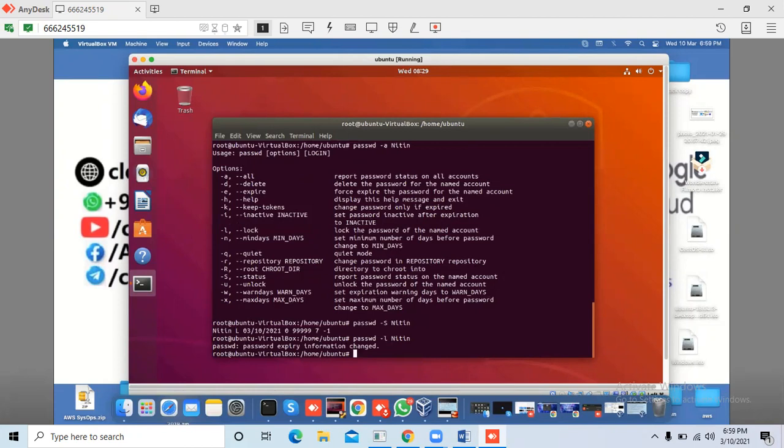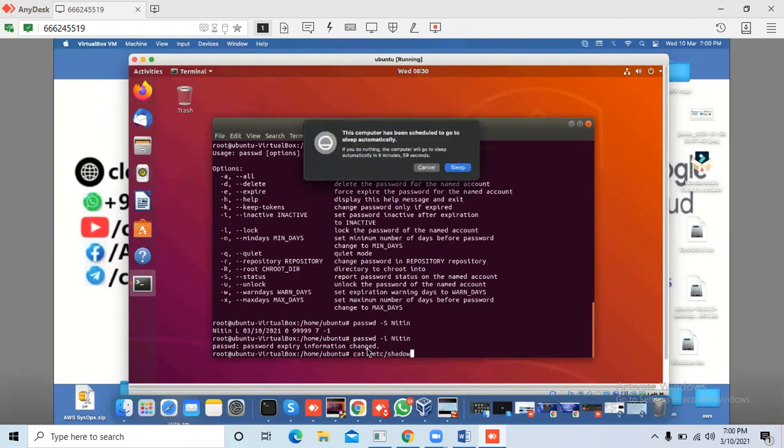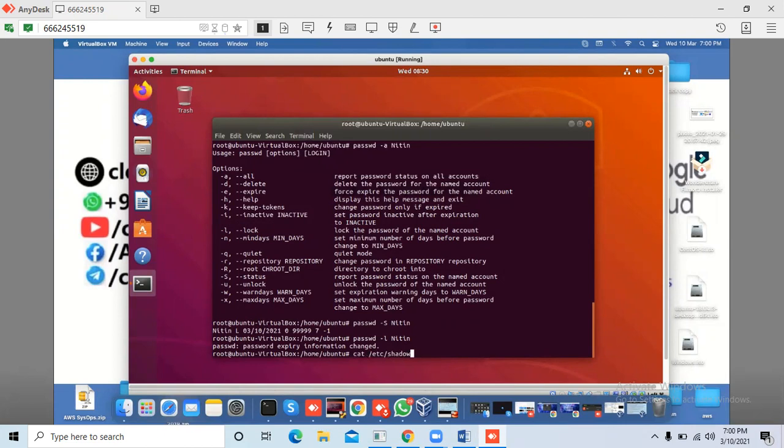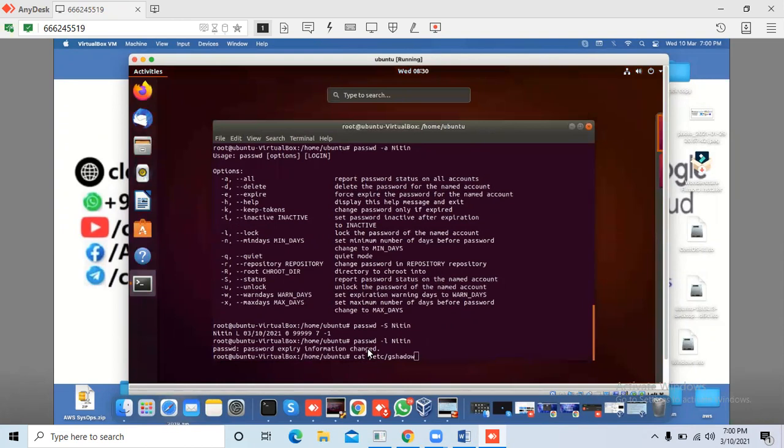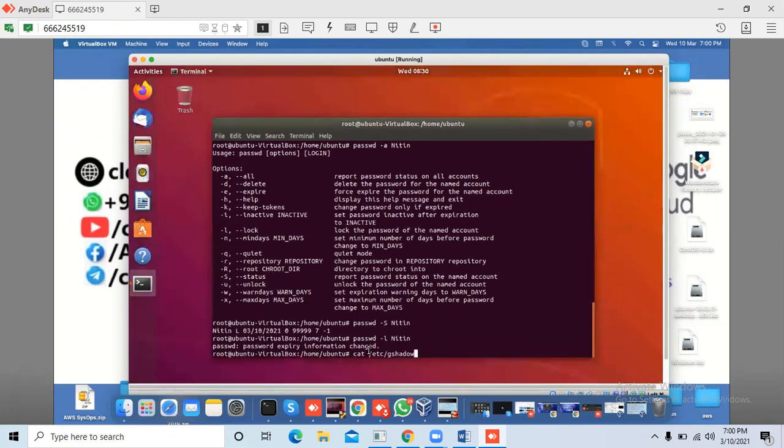Password expiry information changed. Let's check passwd -S Nitin.